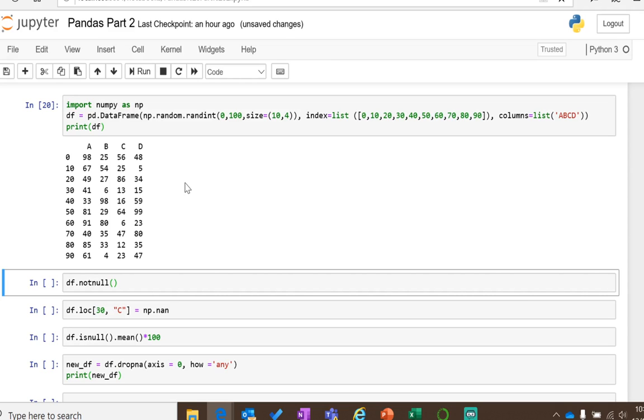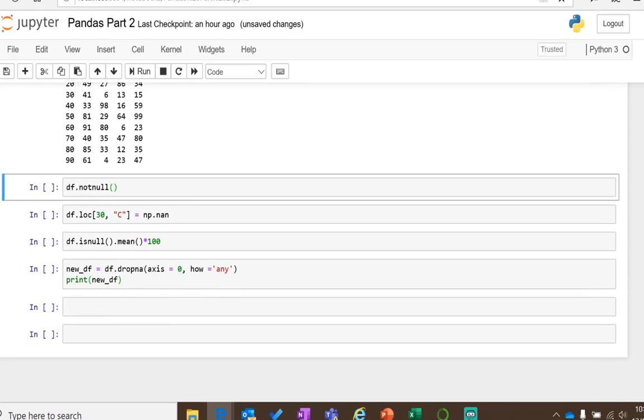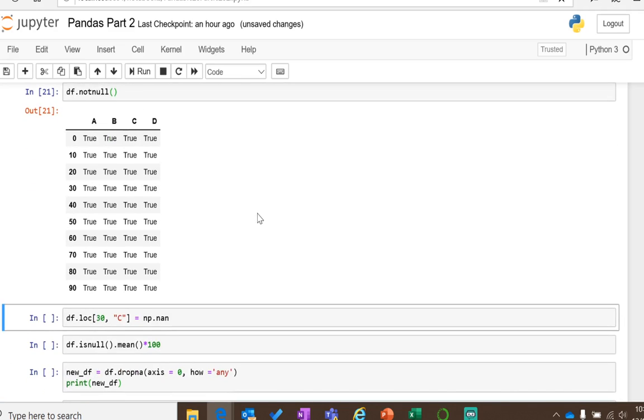Let's create the same data frame that we had last time. What we're creating is 100 records, or that's 10, 20, 30, 40 records, of 10 rows and 4 columns of just some random data. We use the NumPy package to do that, intermixing Pandas and NumPy together to get this data frame. We went through some code on the last video, not null. You're probably not going to want to do this if you have a very large data set, but there are a lot of ways to look for null values in your data frame, and this is just a fun one to look at. It's going to return a Boolean